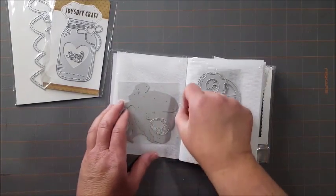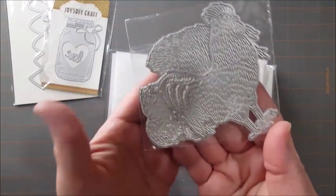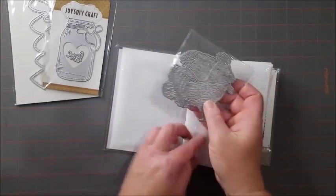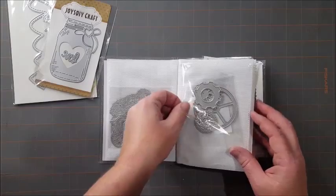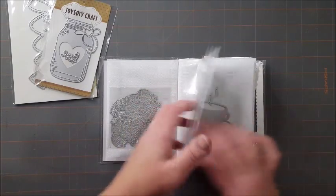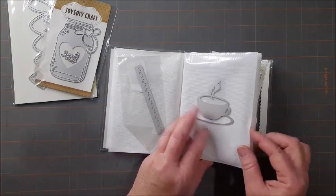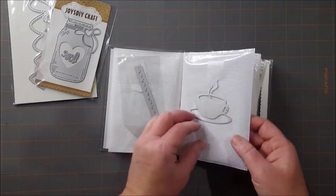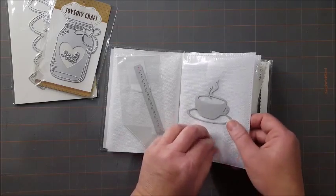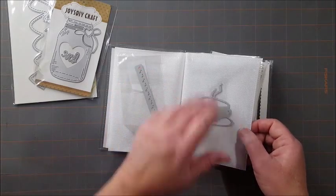This one has chickens in it. You can't see it, but these are chickens, and everybody knows that I love chickens. We have backyard chickens, and so this one is just some gear die cuts. This is a heart. There's a coffee die cut. And I use the contact paper from the Dollar Tree to kind of stick these to my